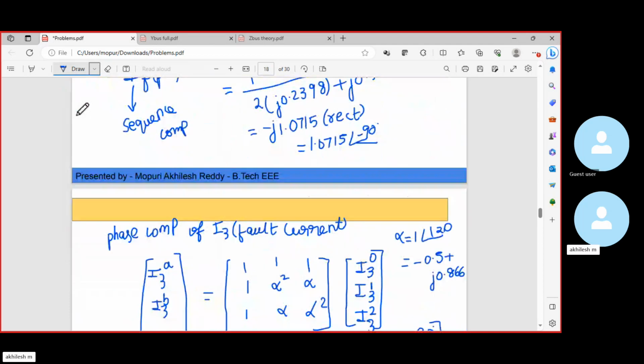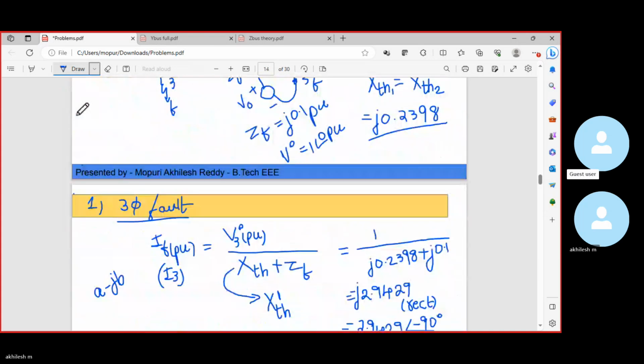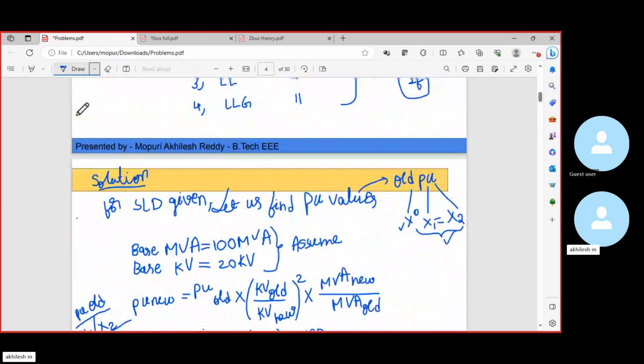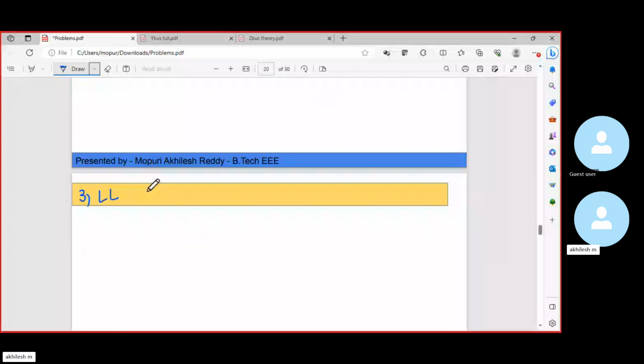Now, let us go to the next subdivision. What is the third subdivision? Next case, double line ground. Sorry, that's line to line. Next is line to line fault. LL fault. If we want to find it for LL fault,